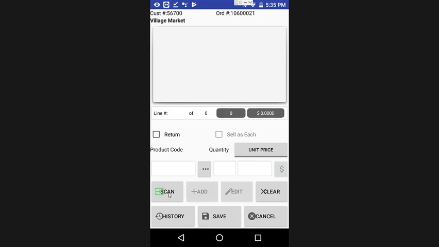If that was red, then that would tell you that the scanner for some reason is not active, and you'll want to take a look and see if the device needs to be reset so that the scanner is available. But by just pressing on that scan button and selecting the barcode or pointing at the barcode, it'll select that product,